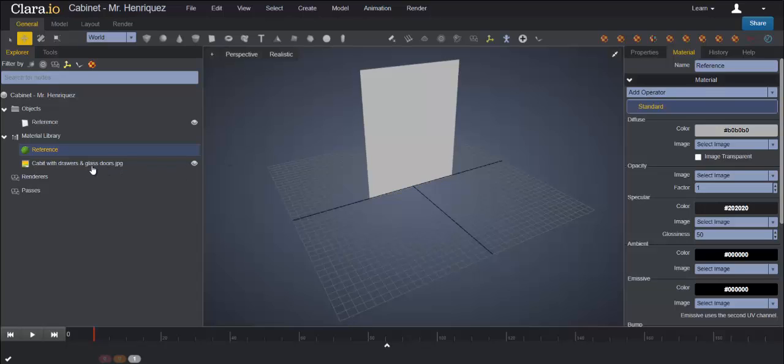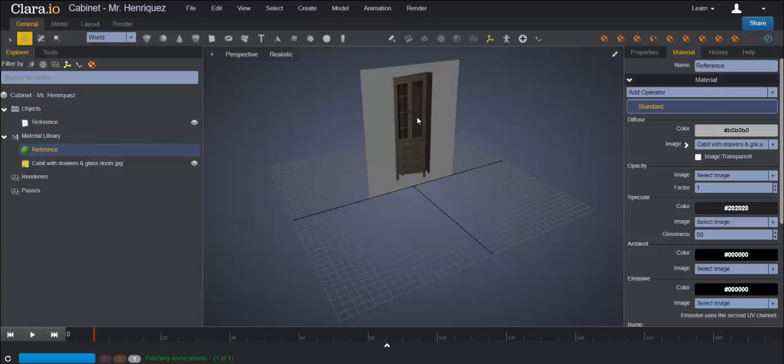Now let's apply that image to the reference. Make sure reference material is still selected. And then under diffuse, select image and make sure you select cabinet with drawers and glass. Now let's apply that to the plane by dragging the reference material on top of the plane. And there you can see the image was applied to the plane, and now we are ready to use it